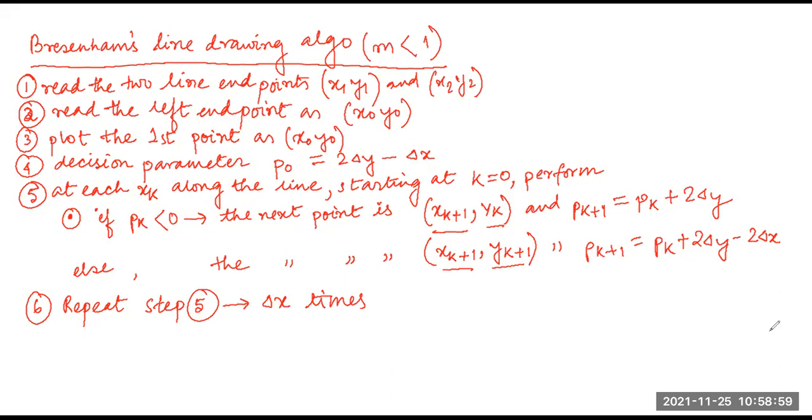So let's keep this algorithm. Let me move on to the next part. Suppose two line endpoints are given to you. Consider the two line endpoints as (5, 5) and (13, 9), and follow Bresenham's line drawing algorithm. In the exam, they won't tell you whether to follow DDA or Bresenham's; you need to decide depending upon what the value of m comes out to be. So plot the points in between using Bresenham's line drawing algorithm.